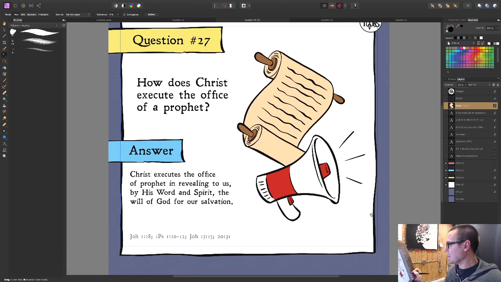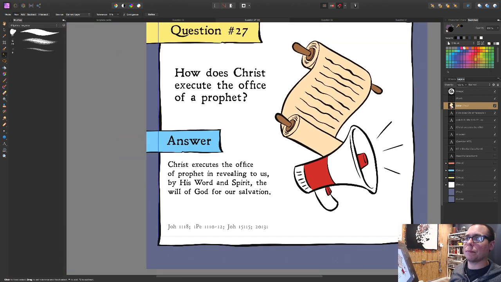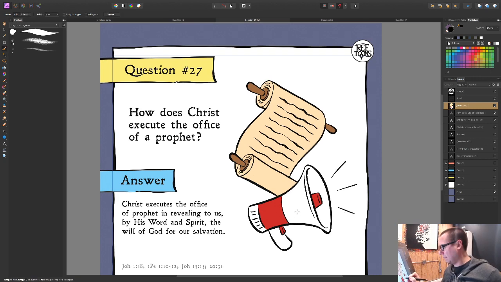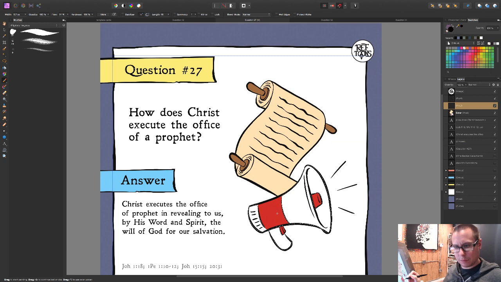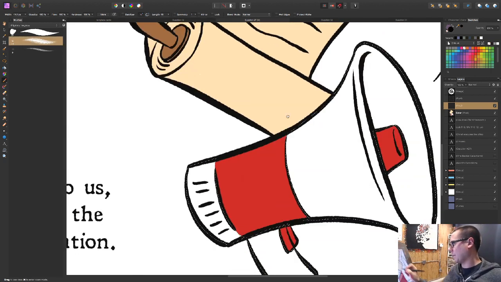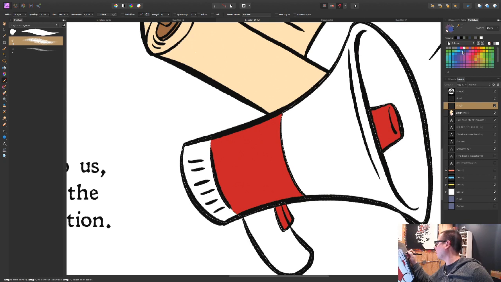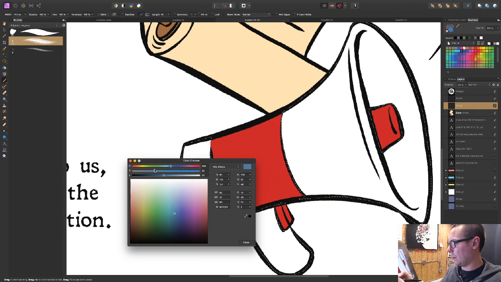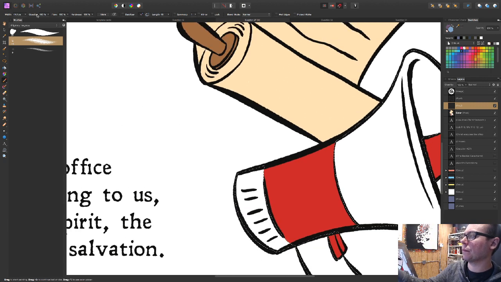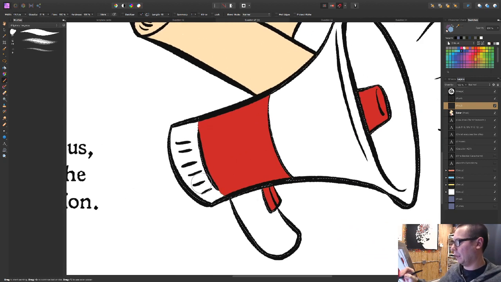Same with the button. So I'm going to give this kind of a bluish shadow to it. Need to turn the opacity down and